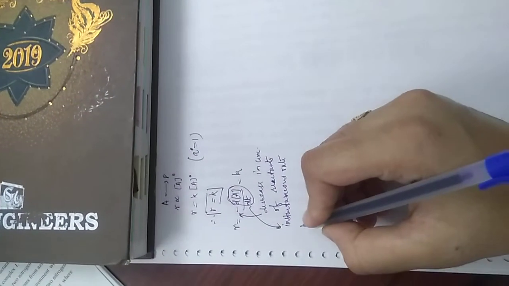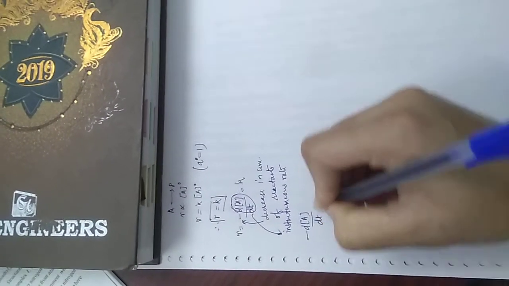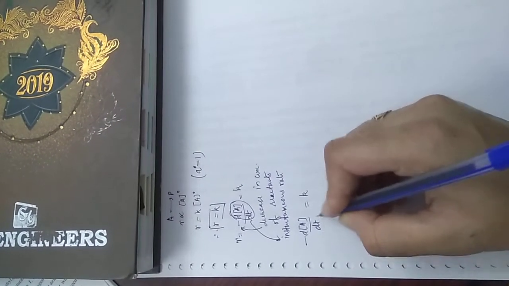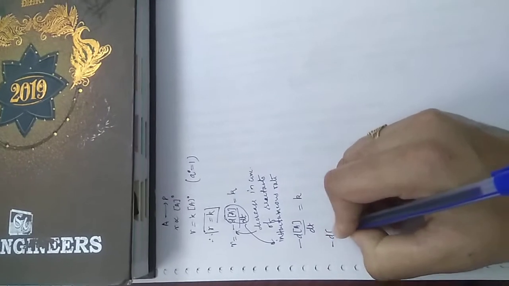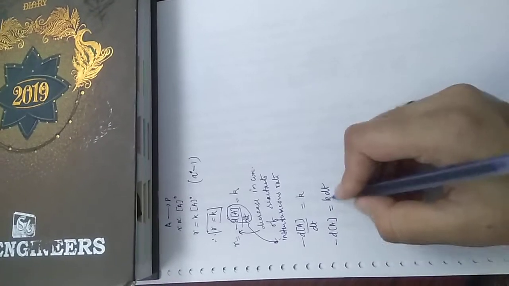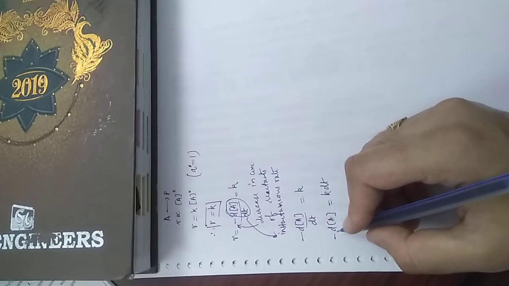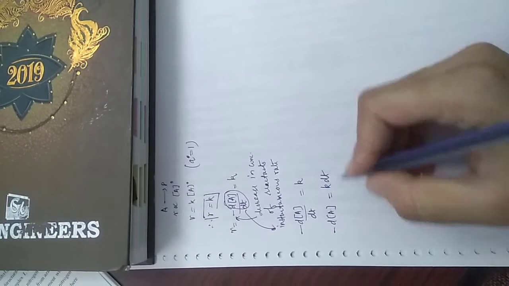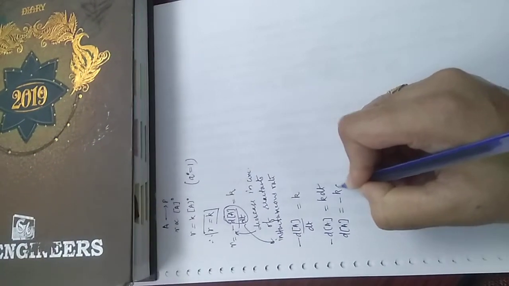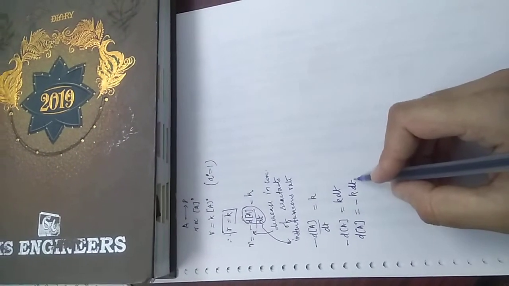Now, if we take this part only, minus dA by dt equal to K, and I transfer the time term to the right hand side, I'll get minus dA equal to K dt. On multiplying both sides with minus 1, the negative sign will become positive on the right hand side, and we'll get a negative sign on the left hand side. Now on integrating both the sides,